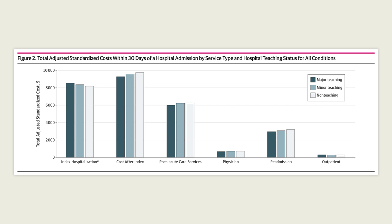Yeah, so we in general found similar patterns of higher upfront spending and lower post-acute care. But when we looked at individual medical and surgical conditions, there were some differences across the groups, but the overall patterns were fairly similar. Right. And I think looking at the whole package and the numbers you get with it are interesting